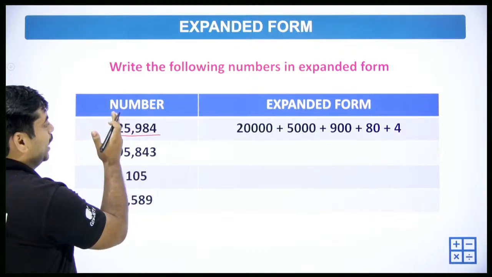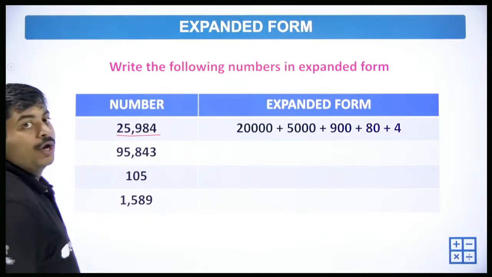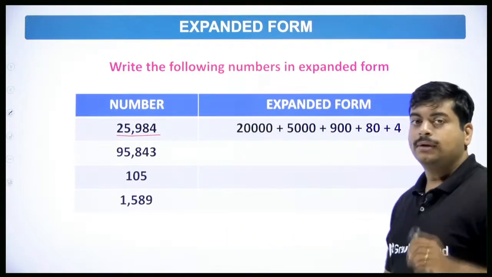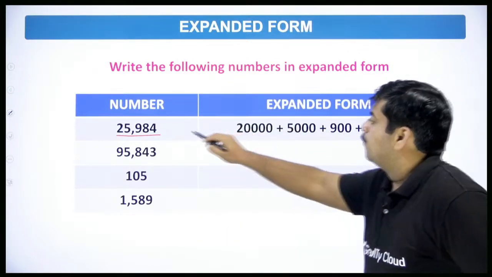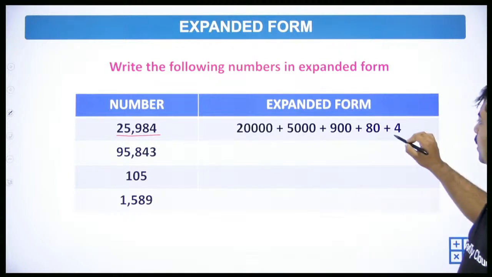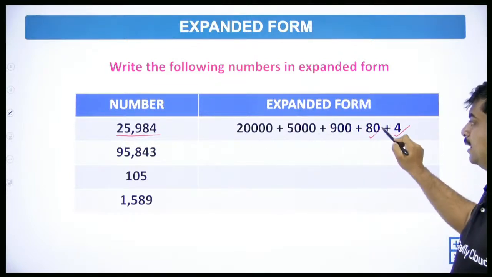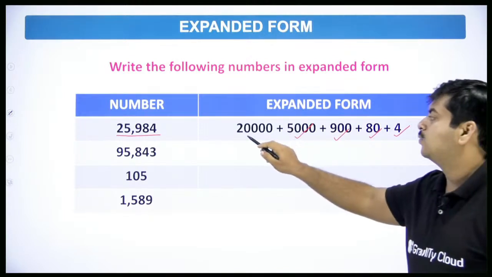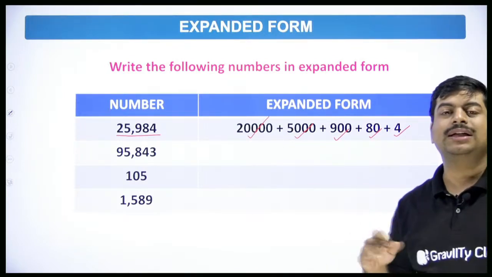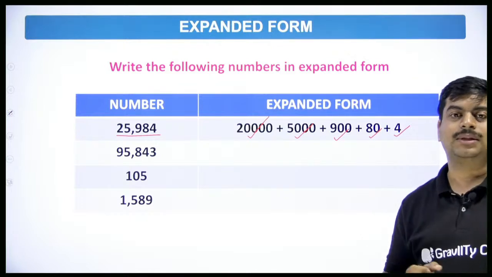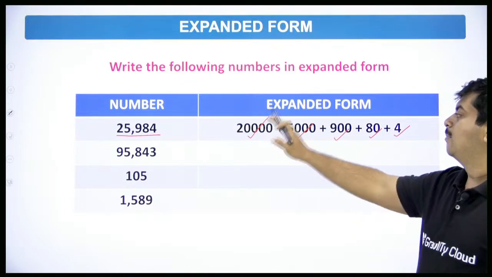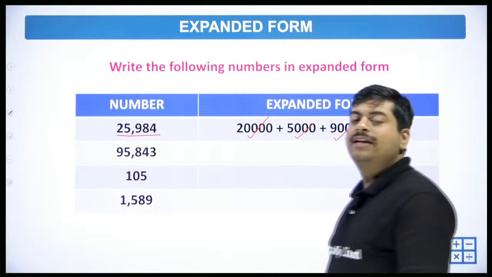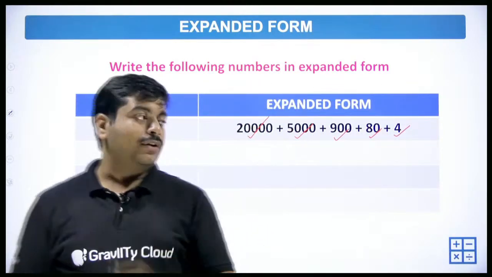25,984. We also know how to use commas, correct? So 4 is in ones place. The next 8 is in tens place, 80. 9 in hundreds, 900. 5 in thousands, 5,000. And 2 in 10,000s, that becomes 20,000. 20,000 plus 5,000 plus 900 plus 80 plus 4 will give you 25,984. In the same way, the next one,